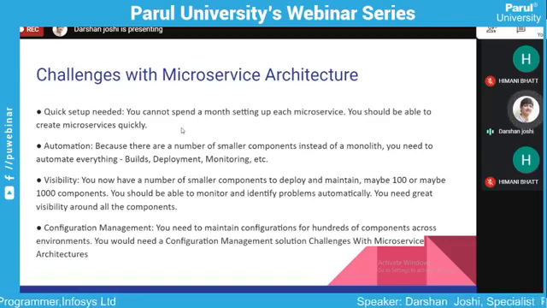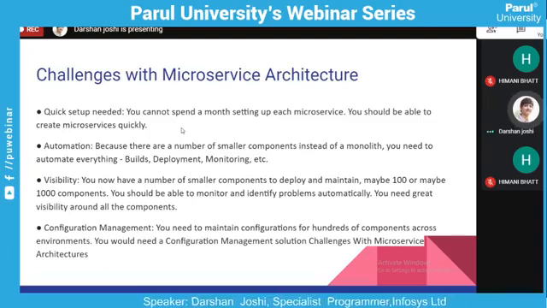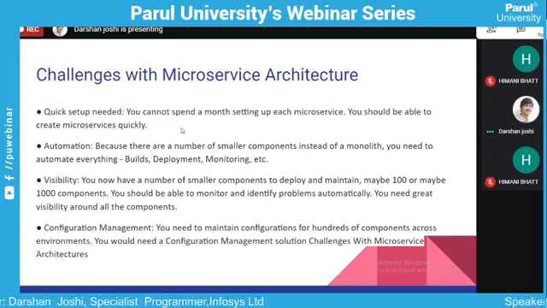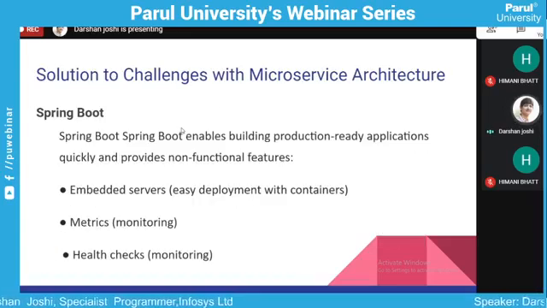So for example, if I'm developing one microservice, I should have one development environment in which I'm writing my code and changing things. I should have a different database for testing purposes as well. Otherwise, if I do that in production, it will reflect to the front end. So managing all the environments is quite difficult with the microservice architecture, right?